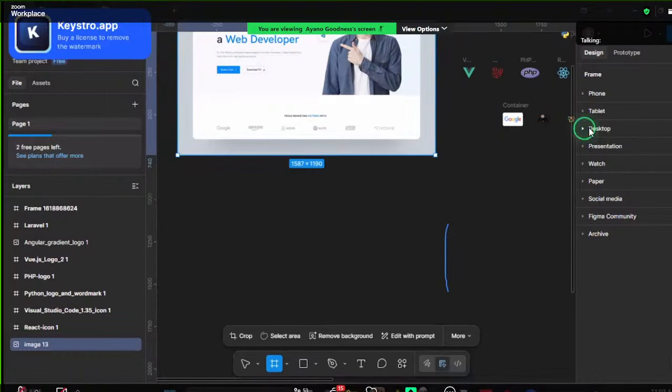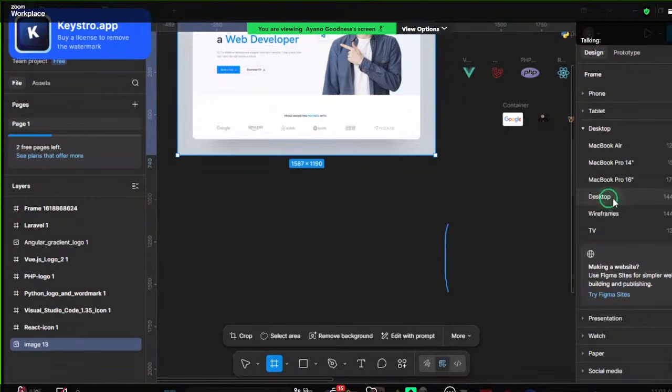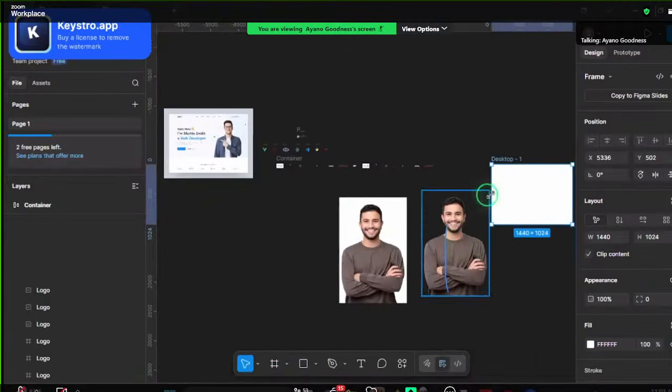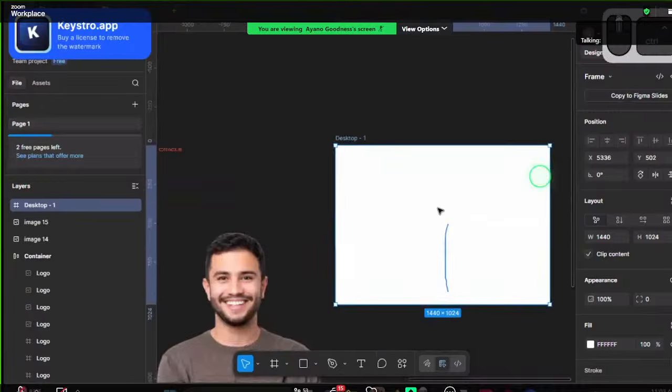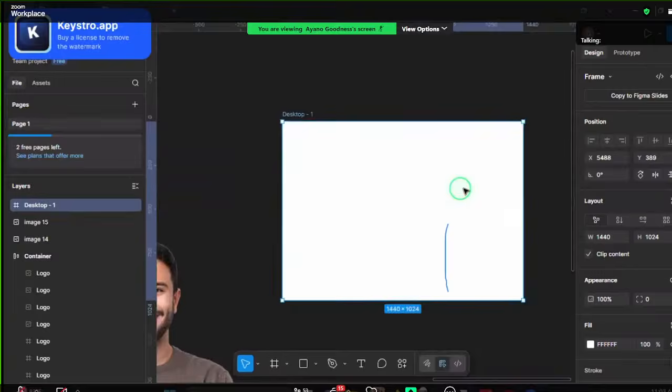So you come to desktop, since it's desktop, and you click on this desktop, it automatically gives you that frame. You see it here, desktop. And with that desktop on,